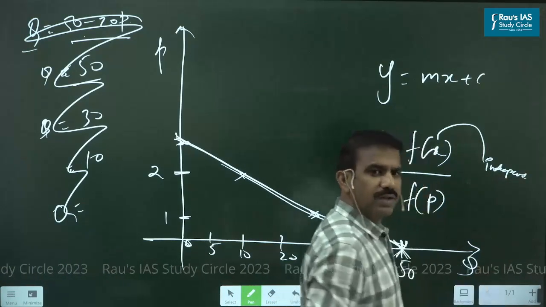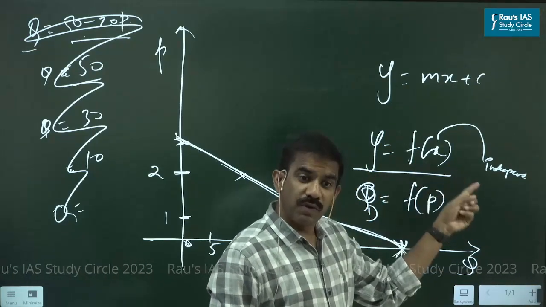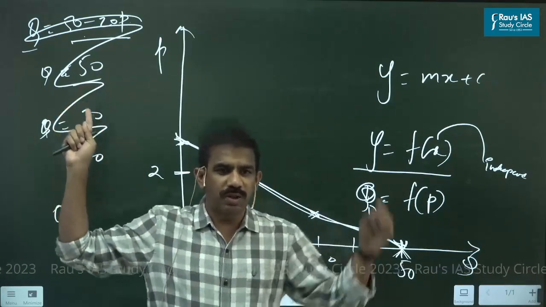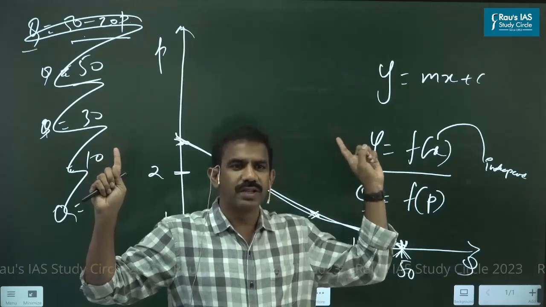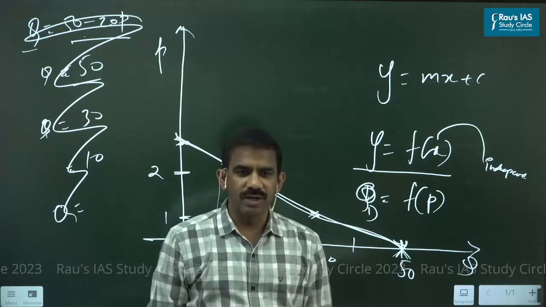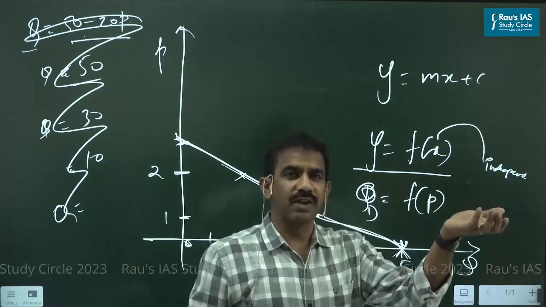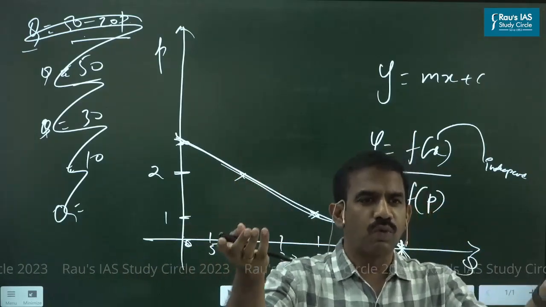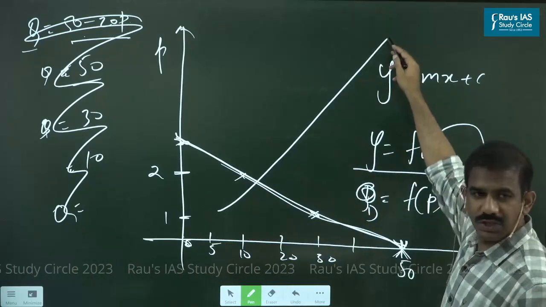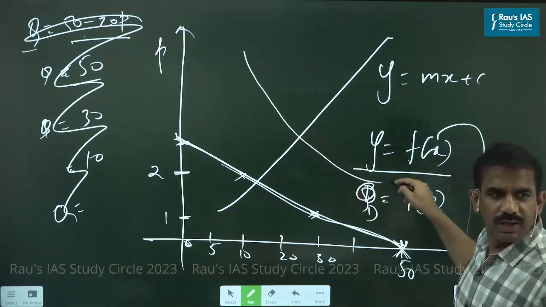Independent variable. In fact, it is the x that influences the y, and y is dependent upon the value of x. Am I right? The quantity of pizzas you consume depends upon the price of pizza, right? So we would call this a dependent variable, and we call x an independent variable. If the value of y rises when x rises, both are said to move in one direction. So in such a case, the curve would be of this nature. And if they move in opposite directions, that happens to be in the other direction.